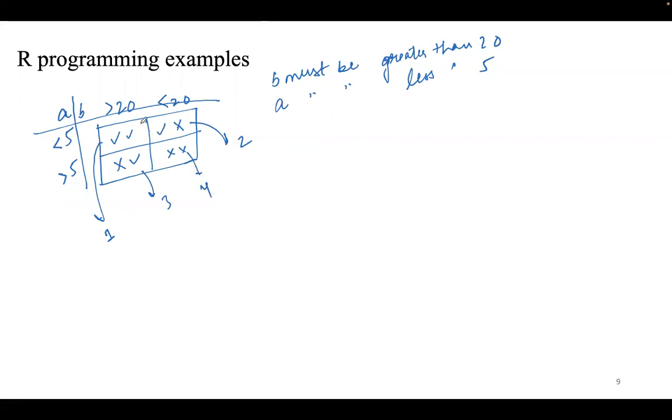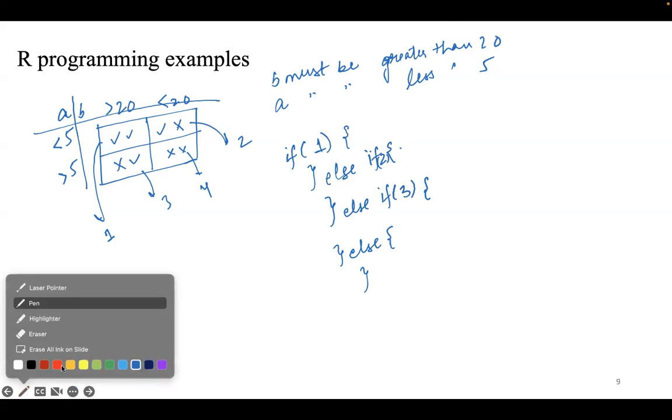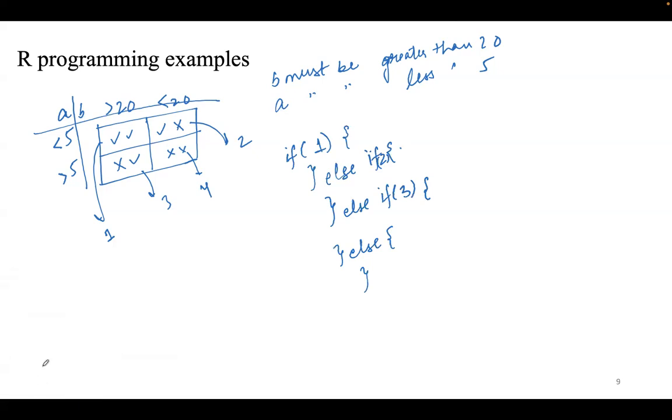So now in the first case, I am taking all the four independently. So there was if, this was 1, this thing. Then I have else if the second one. Then I have else if the third one. And then I have else, which definitely means it's going to be the fourth one. This is my first example, where we have if else, if else, if else.